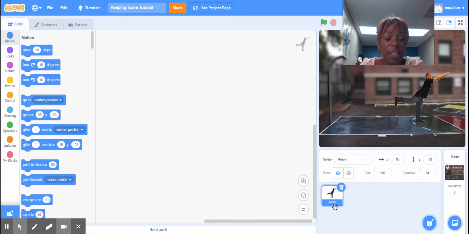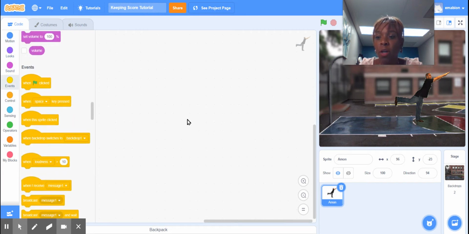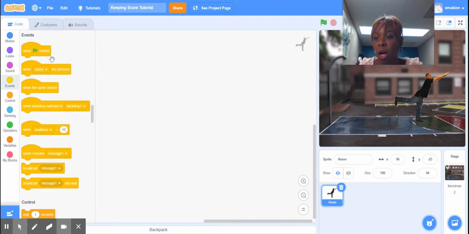I'm going to finish that later. I'm going to go ahead and get the blocks that I need in order to start my program, and then I'll change his direction. Okay, so we want to start our program with the event block. I'm going to choose when the green flag is clicked, and then now I'm ready to